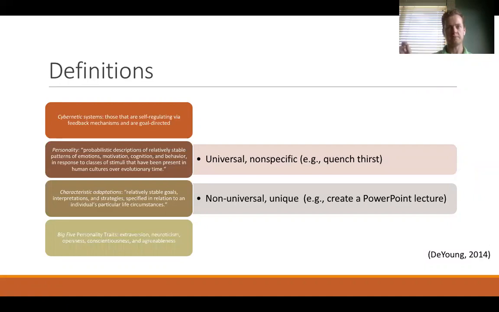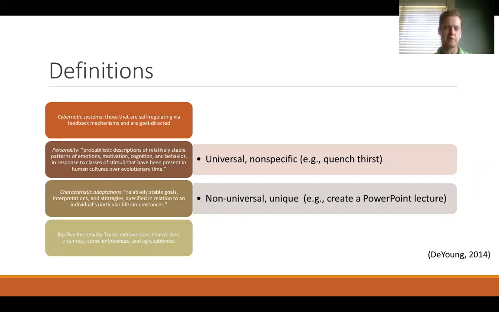So it has its destination. It's able to track where it is in space and redirect when it needs to based on the feedback it receives from the environment, in order to get to where it's supposed to go. For the next two, I use the exact definition that he offered in his article, Colin DeYoung. Personality: probabilistic descriptions of relatively stable patterns of emotions, motivation,